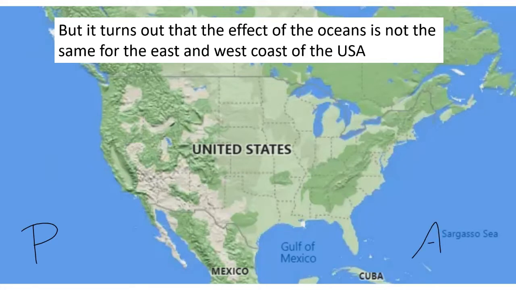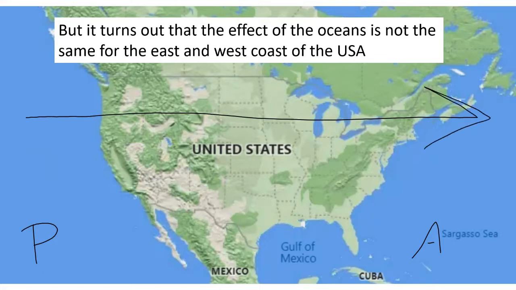But as it turns out, there's a difference between the Pacific and the Atlantic Ocean in terms of the effect they have on temperatures. And it has to do with how wind moves in our country. Primarily air or wind in our country moves that direction. So if I am over here on the West Coast, the air that is coming to me is always coming to me from over the Pacific Ocean. The Pacific Ocean pretty much always has the same temperature because it's such a big body of water, it doesn't change temperature that much. So I always have about the same temperature.